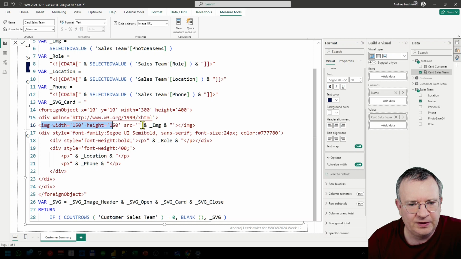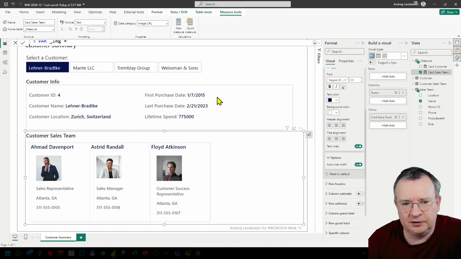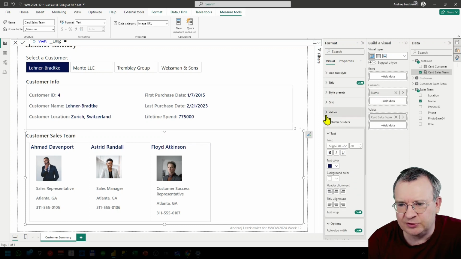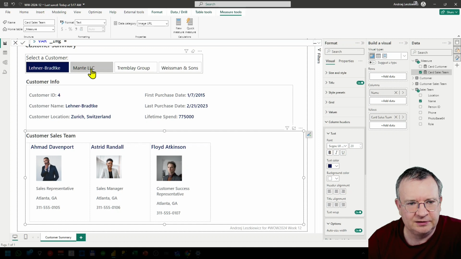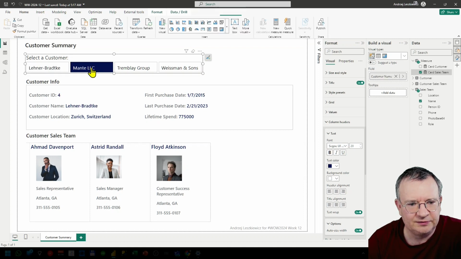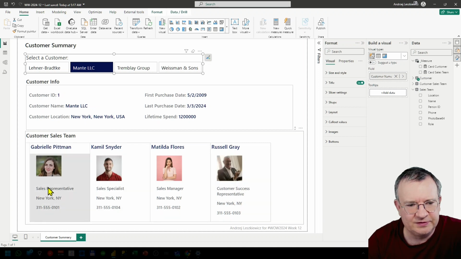show an image, and we have in our data table a base64 encoded image, so we can use it here, and we show role, location, and phone below the image. So it's simple HTML. These sales team person names are in the columns of the matrix visual, so they are just usual column headers of the matrix. And you can see that we can switch between different customers, and we will see different